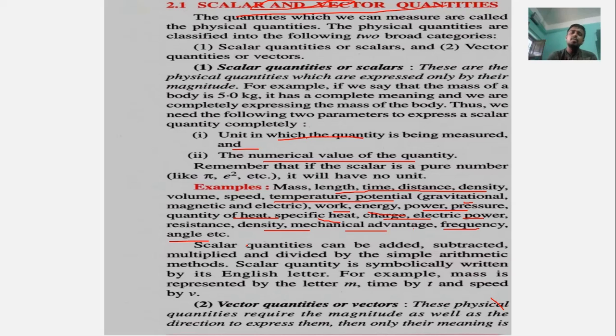Okay, इसलिए हम जो कि ओनली मैग्नीट्यूड में डिस्क्राइब करते हैं उसको हम स्केलर क्वांटिटीज बोलते हैं। ठीक है, स्केलर क्वांटिटीज क्या हो सकते हैं? वो भी ऐड हो सकते हैं, सब्ट्रैक्ट हो सकते हैं, मल्टीप्लाइड हो सकते हैं, डिवाइड हो सकते हैं, वो भी सिंपल अरिथमेटिक मेथड से। सिंपली हम उसको एडिंग कर सकते हैं।